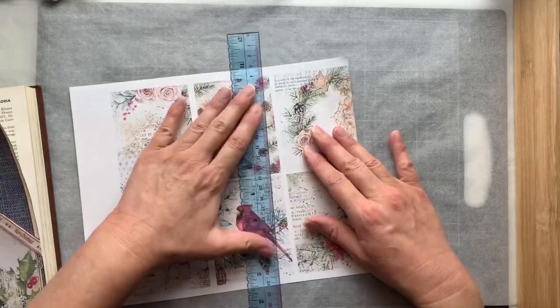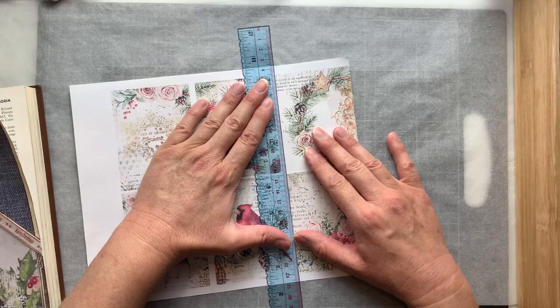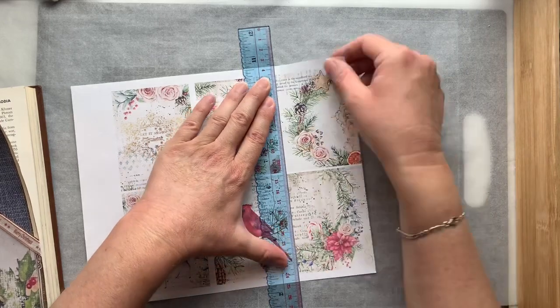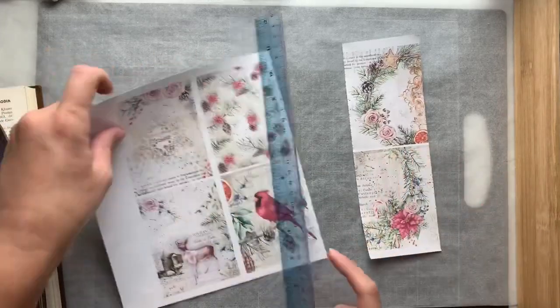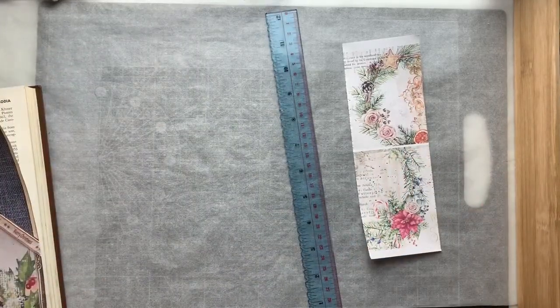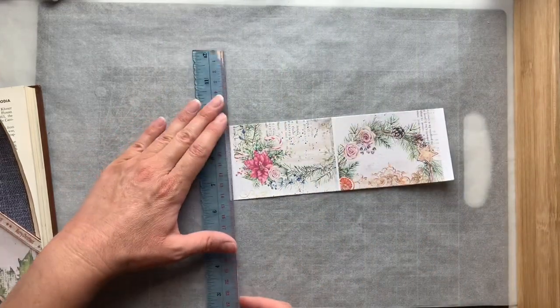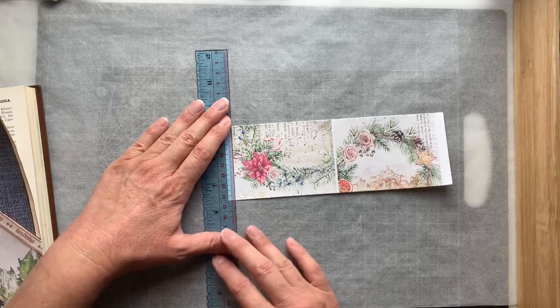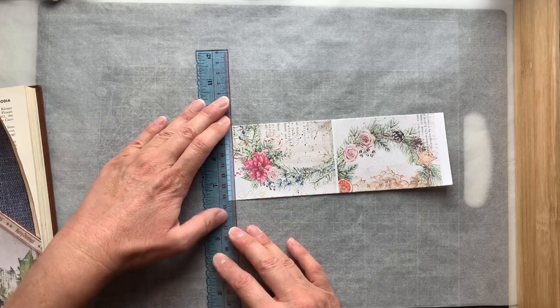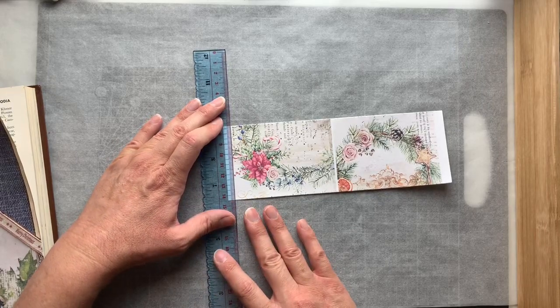I don't think there are any AntiquePaperie papers that I don't like, to be fair. And remembering that I printed these on paper, this is part of the reason I decided to do that, because I had them on the matte photo paper. The matte photo paper is very thick,